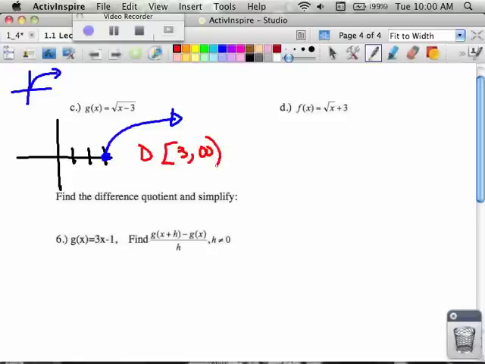I can tell you that my range starts at 0 on the x-axis and goes up forever. So domain means x's. I'm just to the right of 3. And range means y's above the x-axis. Part D is a little